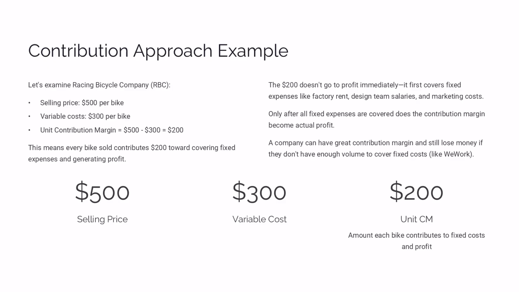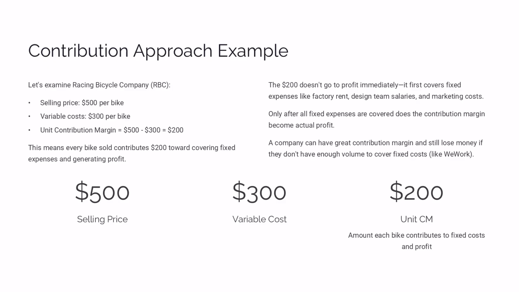And it's the exact same concept, except instead of roommates contributing to rent, it's products contributing to fixed business expenses. When DoorDash calculates their unit economics, they look at the $25 average order value, subtract the $18 in variable costs, including driver payment, restaurant commission, and payment processing, to get a $7 contribution margin per order, and they need millions of orders with that $7 contribution to cover their $500 million in annual fixed costs for engineers, servers, marketing, and